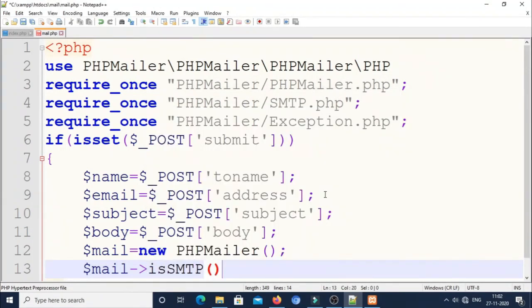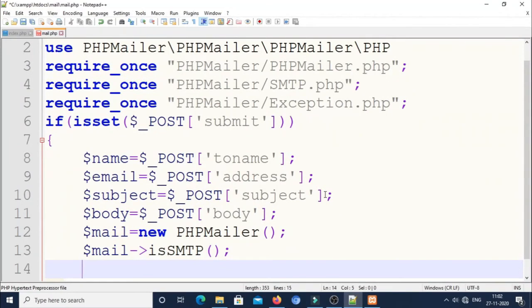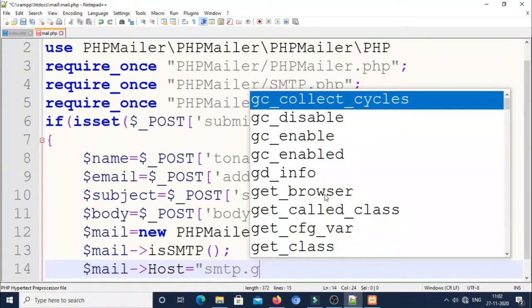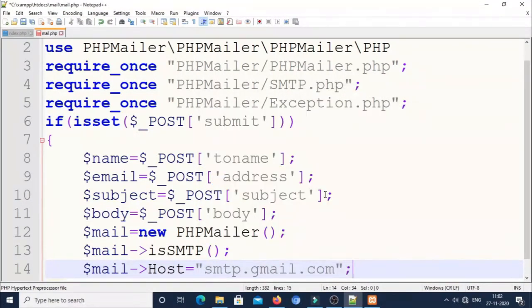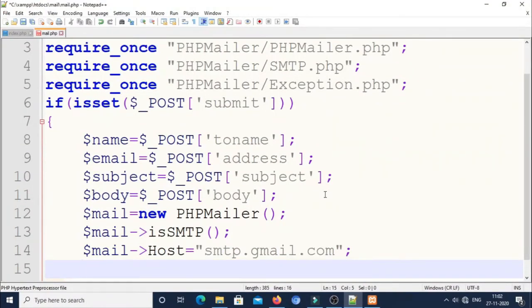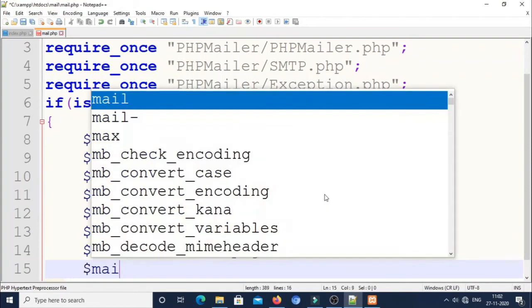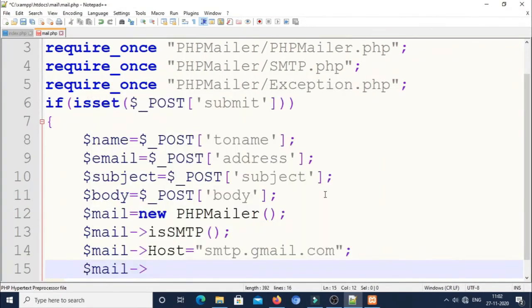Okay, so next I want to set the host by using a property called Host, equal to, for Gmail, the host is smtp.gmail.com. Next I want to set the authentication, whether you should require authentication or not. For that you can use SMTPAuth, and you have to assign the value true to that.